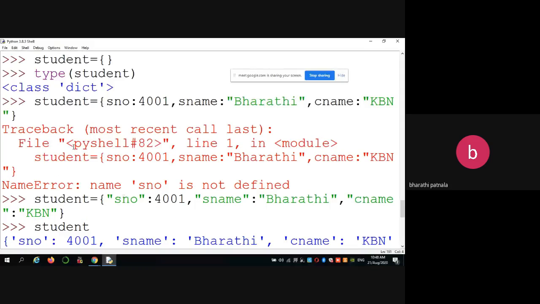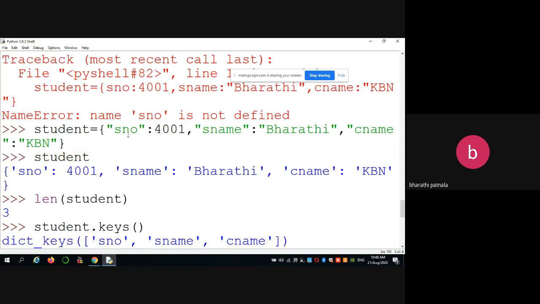So dictionaries can be represented like student, flower braces. Student is equal to key, name of the key and its corresponding value. Again, name of the key and its corresponding value. Like that, you can give many number of keys.